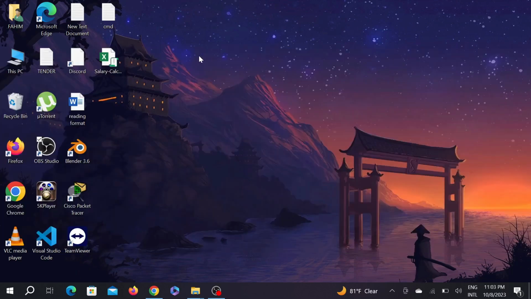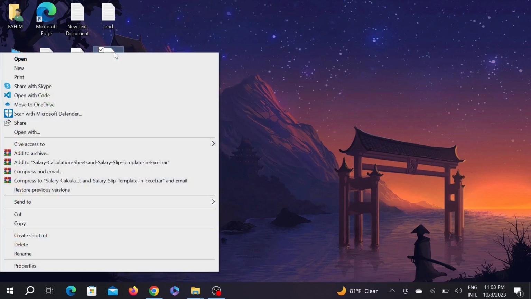But first of all, be sure that your file is not corrupted or you are using the correct extension, that is xlsx. So now let's fix the problem. So select the file that you want to fix, right click it here and now go to properties,